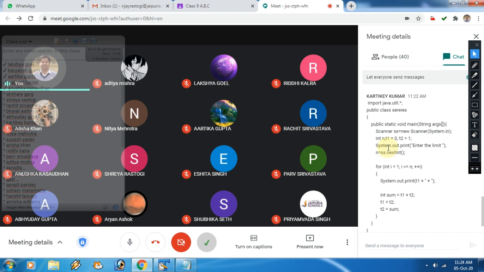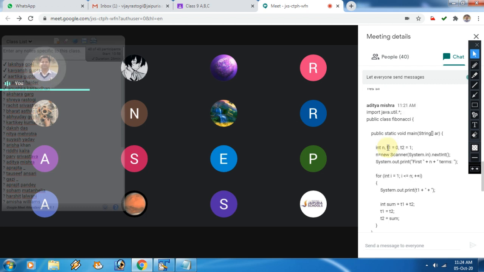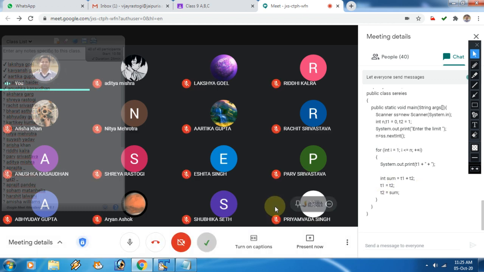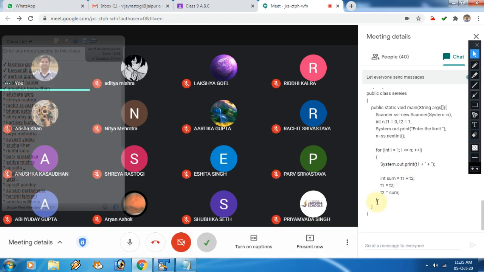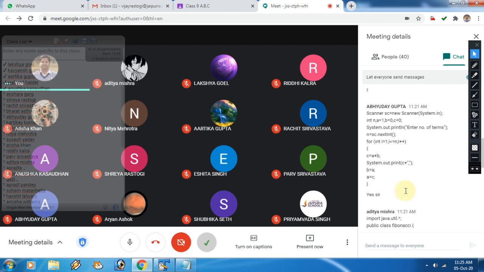Kartikeya Kumar, beta, you have simply copied and pasted. It's wrong. Do your own logic, beta. Don't copy. Nobody is perfect, even sometimes I can make mistakes from my side also. So in that case you should go through the proper working and inform us. So no need to copy and paste. There are so many ways to solve a particular problem.